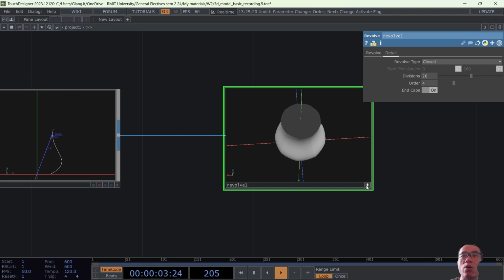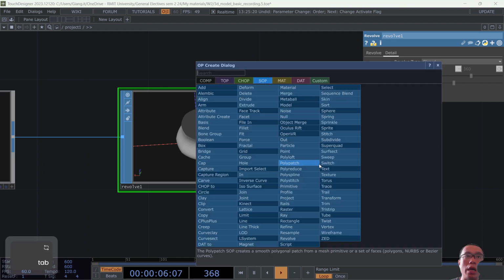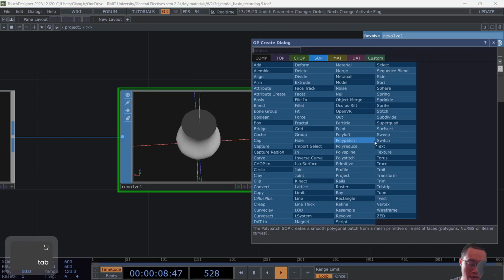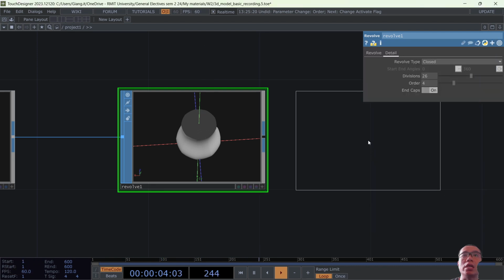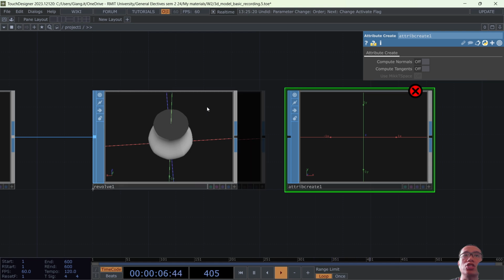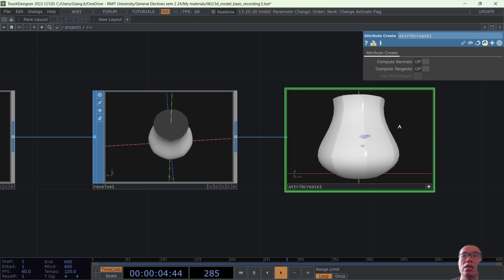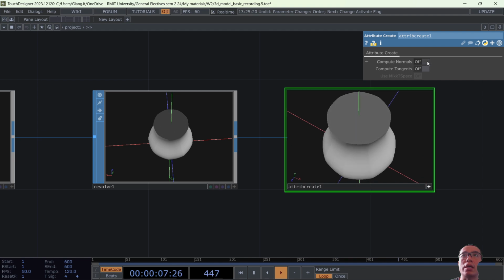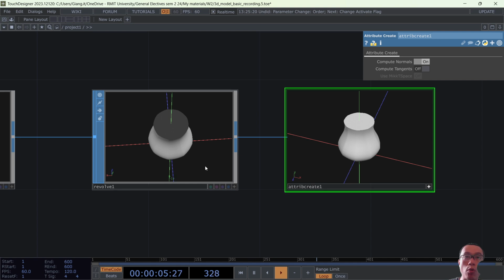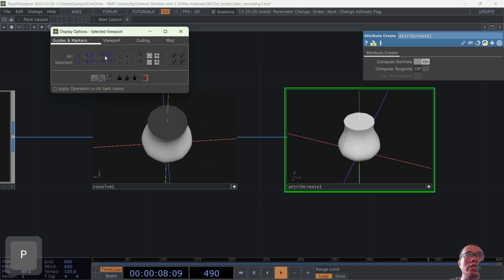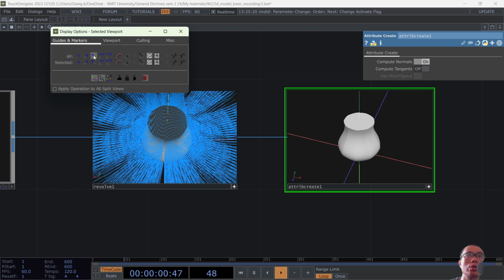So, as a result, we have to add in an attribute. Okay, now the attribute create over here is the function that lets you recalculate the normals. So if I plug this one into the attribute create, okay, and click on compute normal, you're gonna see the normal being fixed. Okay, so basically it's trying to recalculate the normal. And if I turn on the normals over here, just to visualize the problems, point normals,